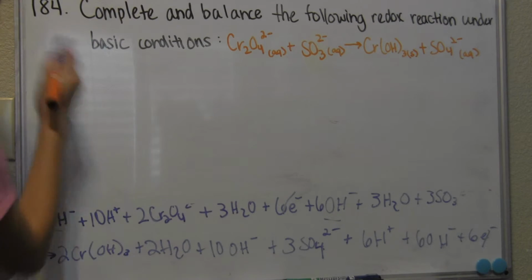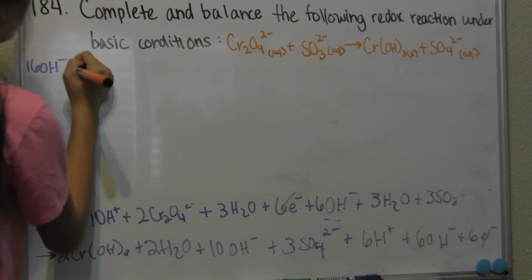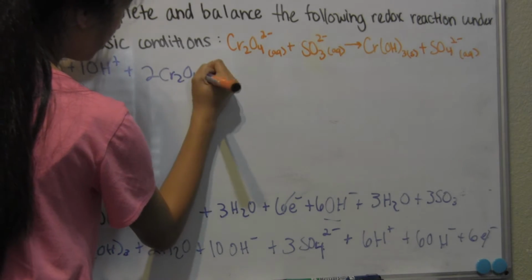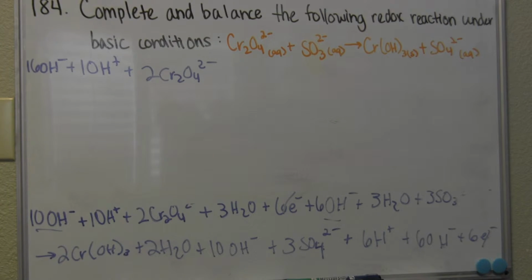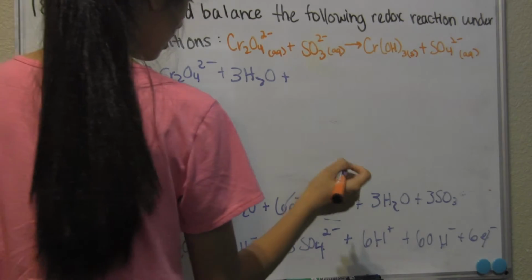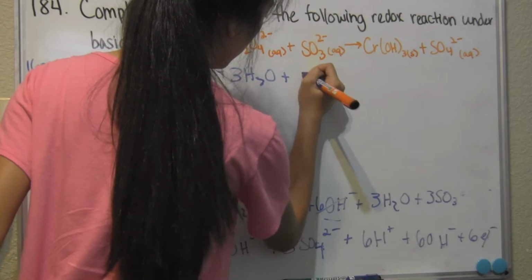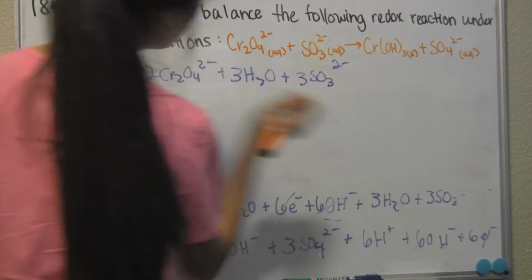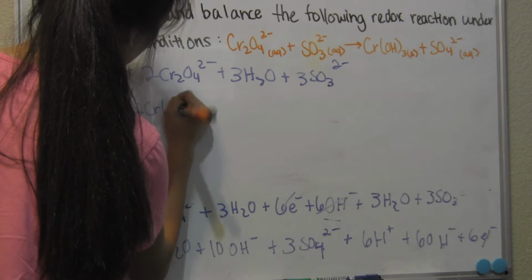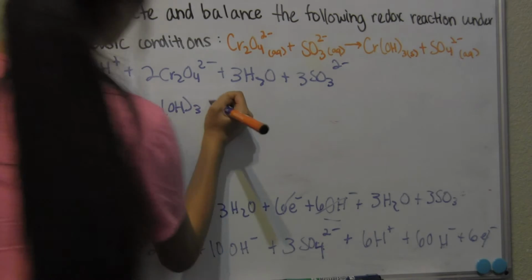So now we have 16 OH minuses, and then you have 10 H pluses plus 2 Cr2O4 2 minus plus 3 H2O plus, so this crosses out and this crosses out now, and plus 3 SO3 2 minus, and that will yield, we can put the 2 Cr(OH)3 plus 2 H2O